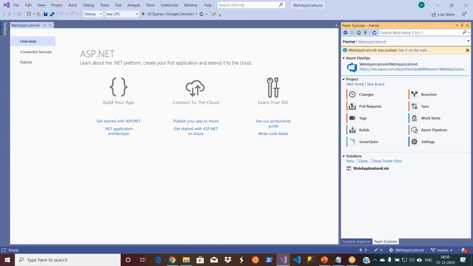Initially, it will not be like this. Initially, you will not see this URL. Then you have to click on this manage connections. You will connect it, and then you will click on sync. When you sync it, if it is not available in the remote repository, it will give an option to publish to some repository. Since we already connected to Azure DevOps, it will give you the option to connect to Azure Repos.